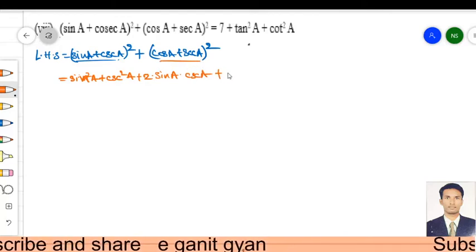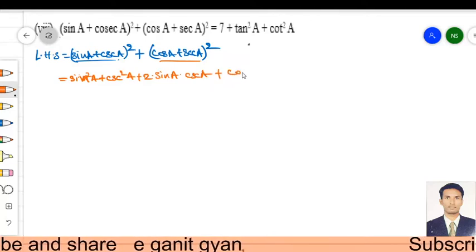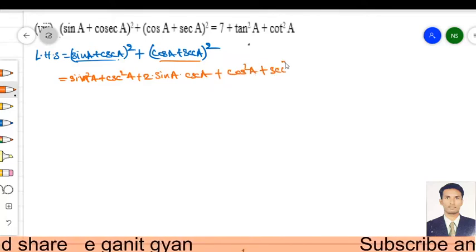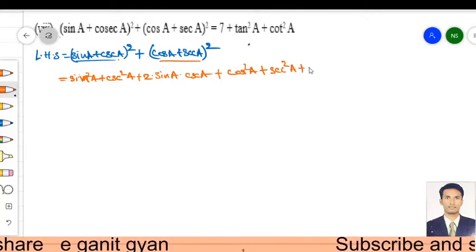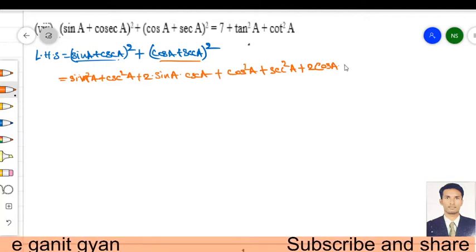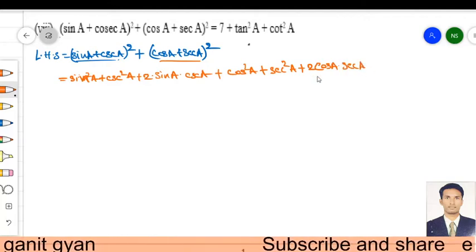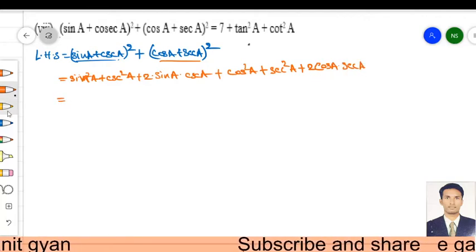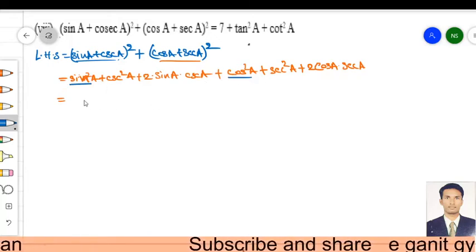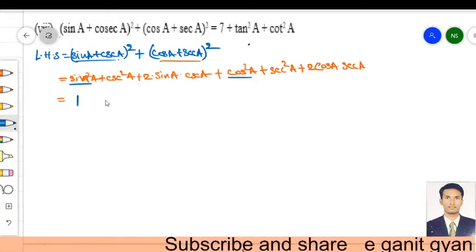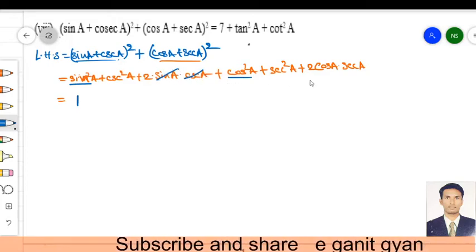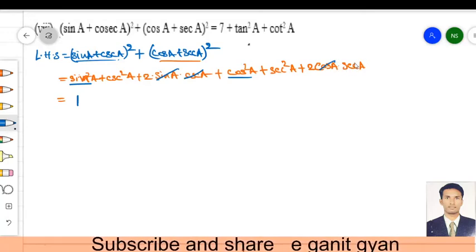I will be getting here cos square a plus secant square a plus 2 cos a into secant a, and here I can say sin square a plus cos square a is 1. Then you see sin a into cosecant a will be cancelled, cos a into secant a will be